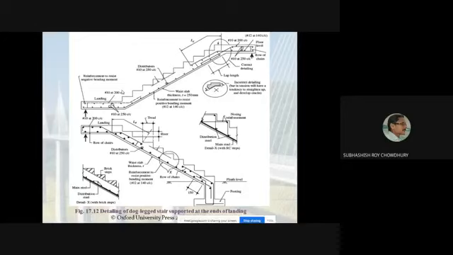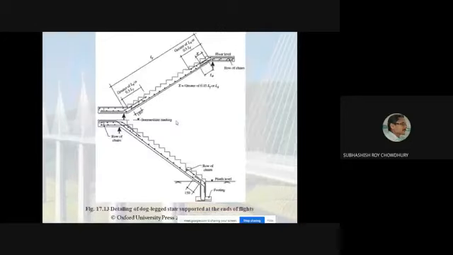Always you will not provide this kind of reinforcement arrangement. Please try to understand that this is a typical one. For a particular example, with reference to a particular example, it is drawn here. So what is the actual design aspect? You calculate the total load that will be acting over this effective span. You can find out what will be the effective span.